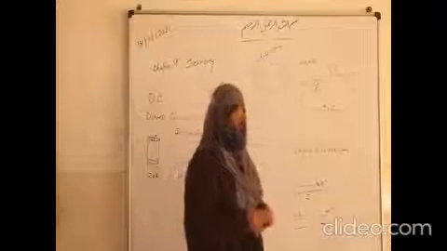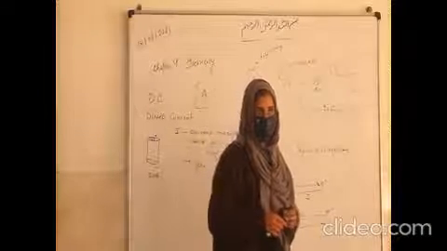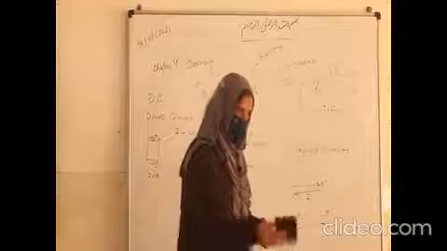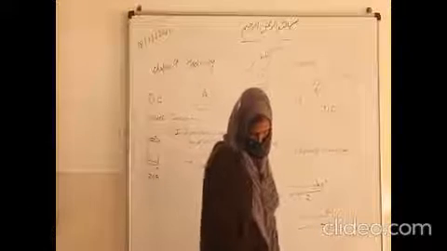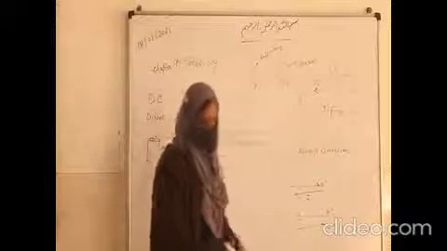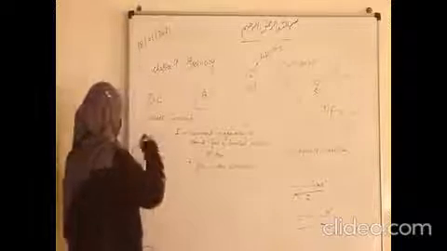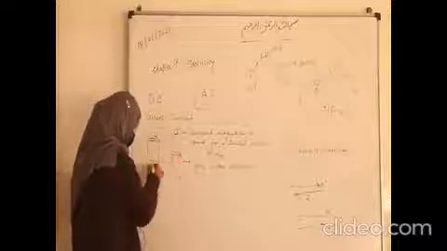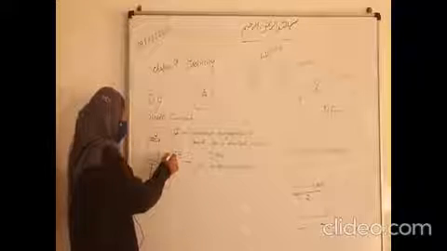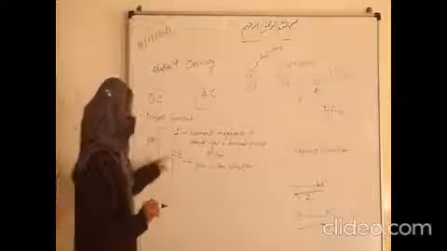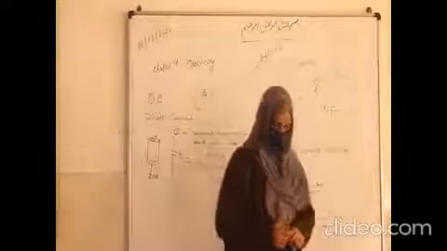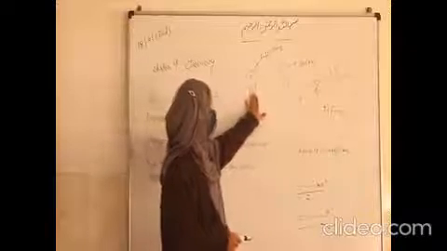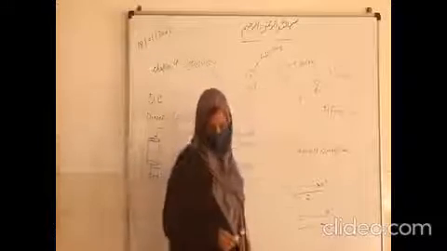Now there are some other sources. Current flows from the positive terminal to the negative terminal. If you want to glow a bulb, you put a wire here, then the bulb will glow. Here also current flows from positive to negative terminal. I told you, higher potential to lower potential. You can remember it like this: the plus sign has deficiency, meaning higher potential, and negative means lower potential.